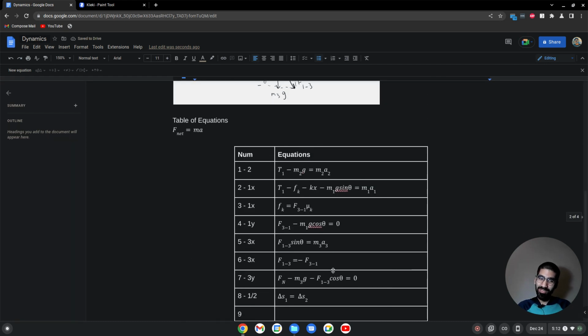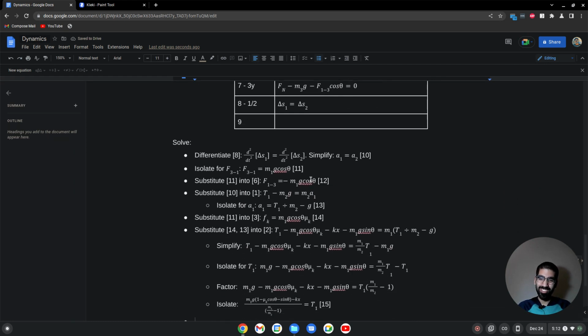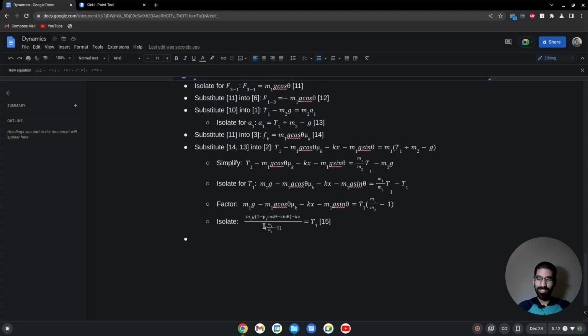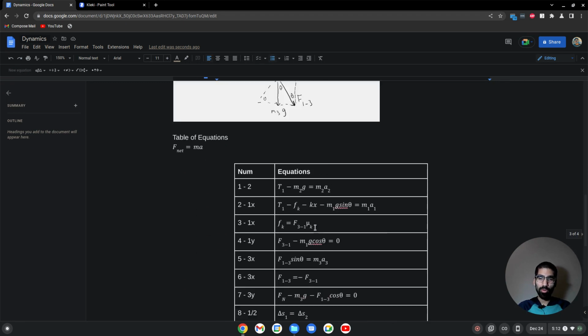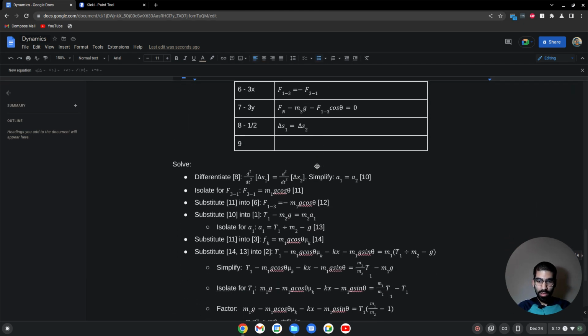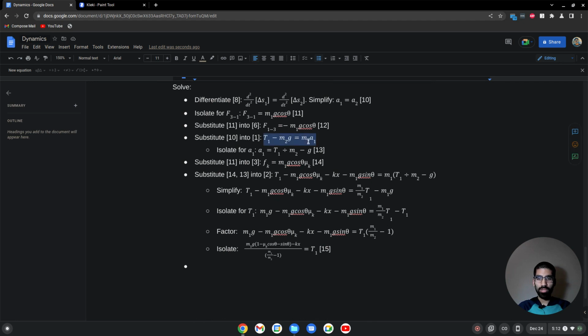This is why we have a table of equations, because we end up with all of these equations. And this is not even the worst problem, as you're going to see the worst one soon. So we have t1 here. Remember, we're looking for a1, a2, and a3. Well, we had an expression for a1 right here, 13. So let's substitute